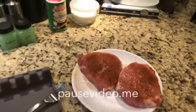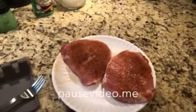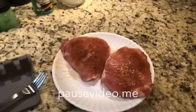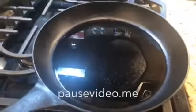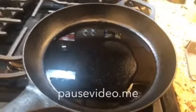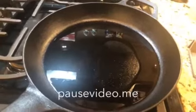So today we are doing pork chops. My preferred way really is in the air fryer, but we are going to use a cast iron skillet. Great thing about cast iron skillets is if you season them right, everything you cook in them will be just